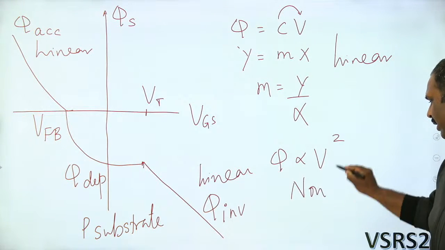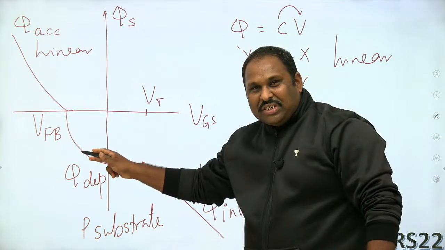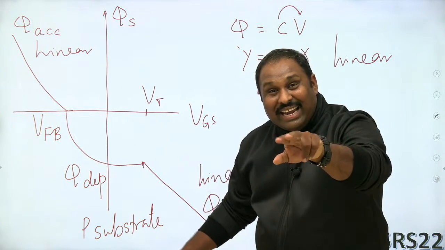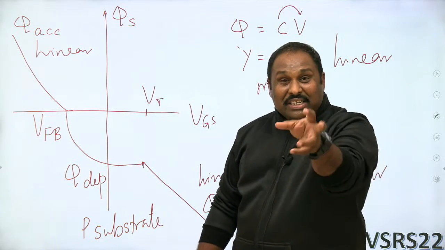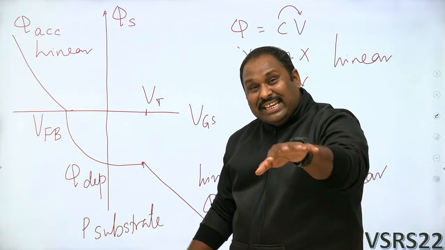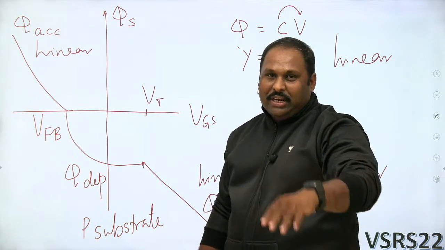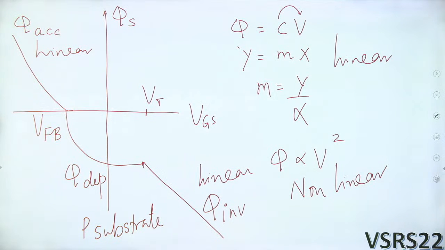That's what is non-linear. So why is this capacitance changing with voltage? Because apart from the oxide layer, the depletion region is also acting into the picture. The depletion region is also adding. So that's why it's non-linear, changing capacitance, slope is changing. I hope the doubt is clear. Any other questions? Take 10 seconds.